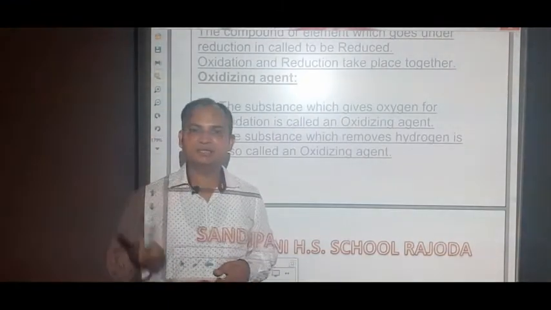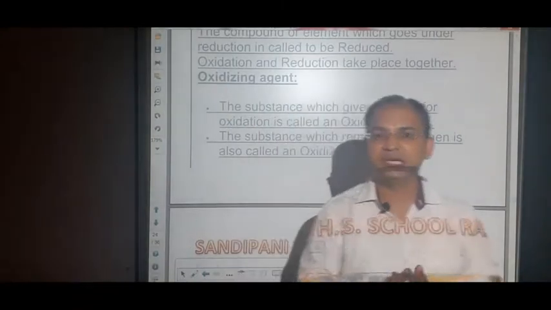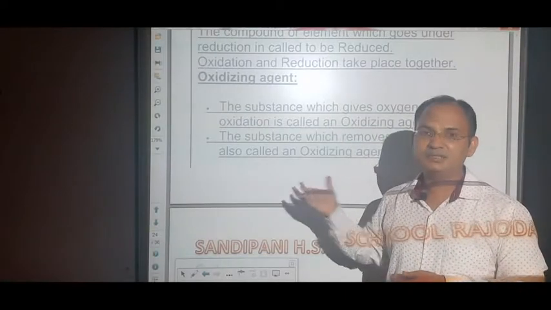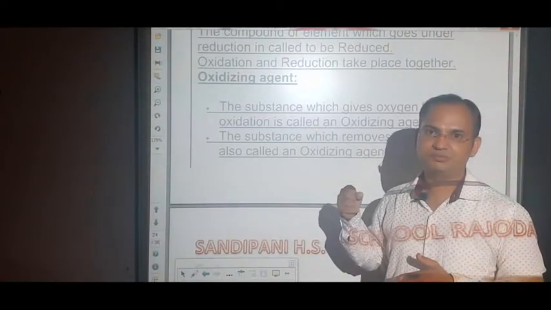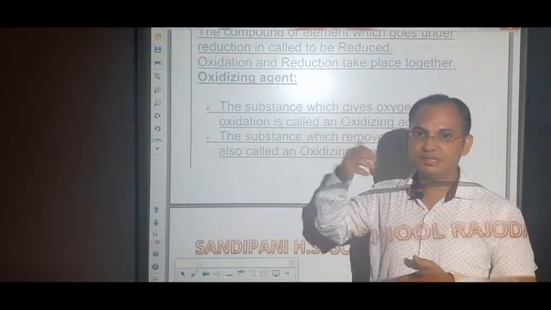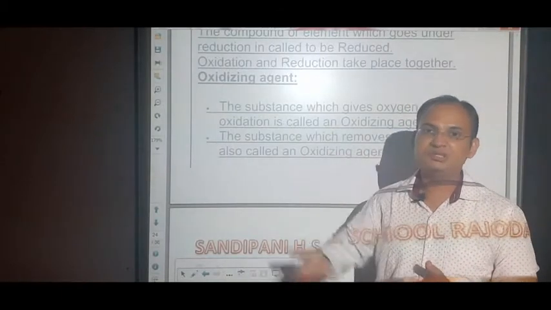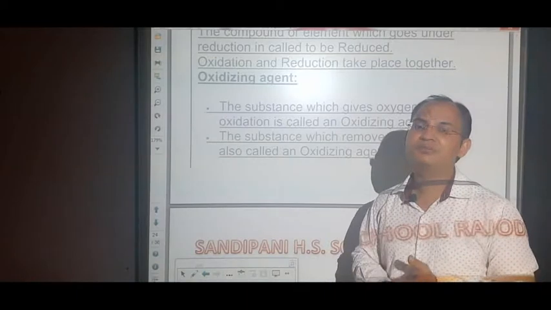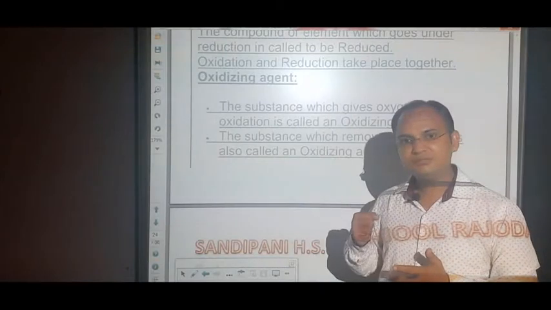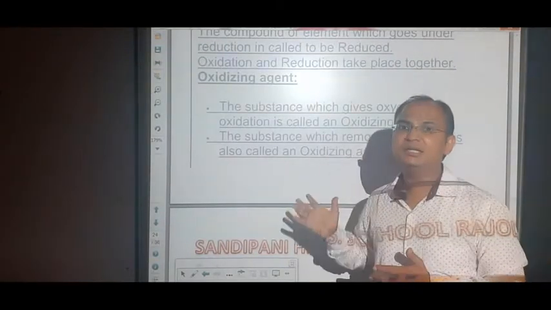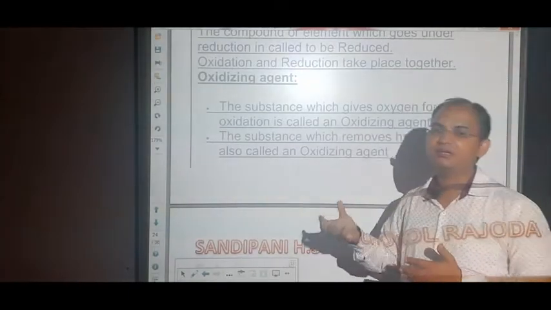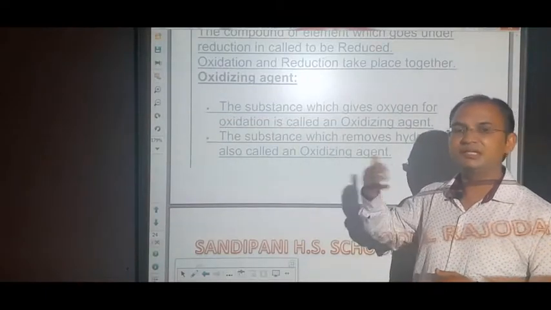There was an important thing regarding oxidation and reduction that we have seen. It was the oxidizing and reducing agent. We have seen, students, that an oxidizing agent is one that itself gets reduced. That means any substance that promotes oxidation will provide oxygen or will take hydrogen from the reactants. So one who gives oxygen or takes hydrogen will be the oxidizing agent, because it is giving oxygen, and the one taking that oxygen is getting oxidized.